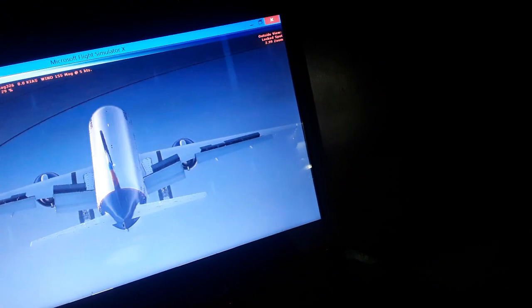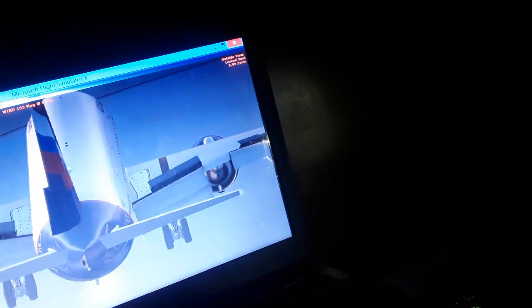So you can see here, you can see I'm using the elevator and the rudder here, and the ailerons and the spoiler. So I'm using the side stick control again. So you can see I can climb, I can descend like this. I have full control of the airplane flight controls